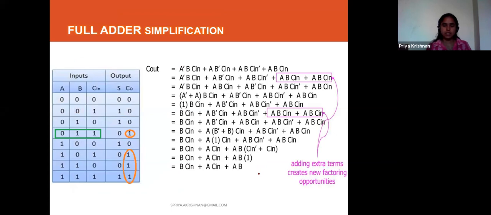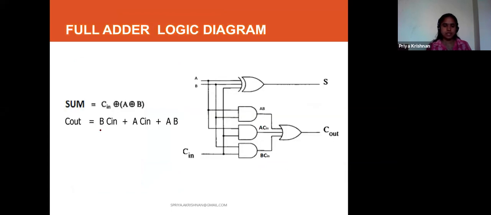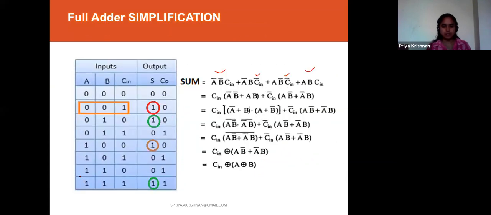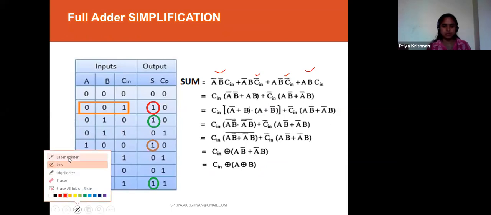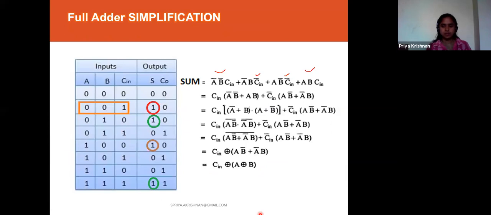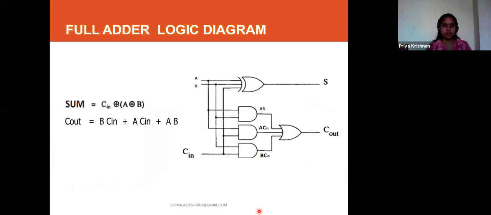For the sum and carry, I have written the final step here. What we obtained, the final step of sum and carry, is shown here. So I want 2 XOR gates, or else here it is taken as a 3 input XOR.